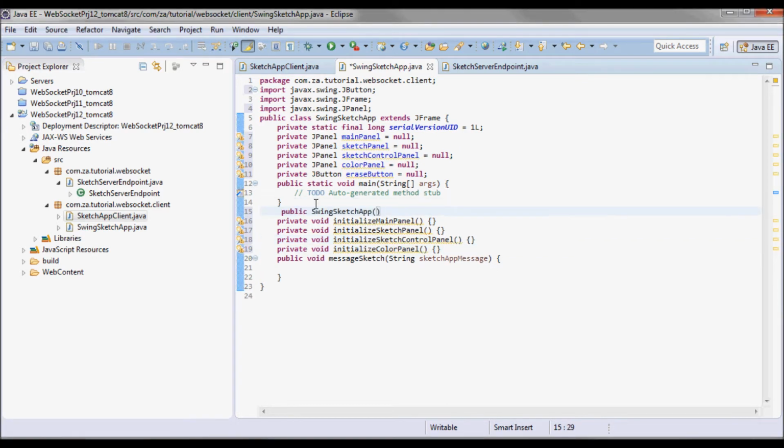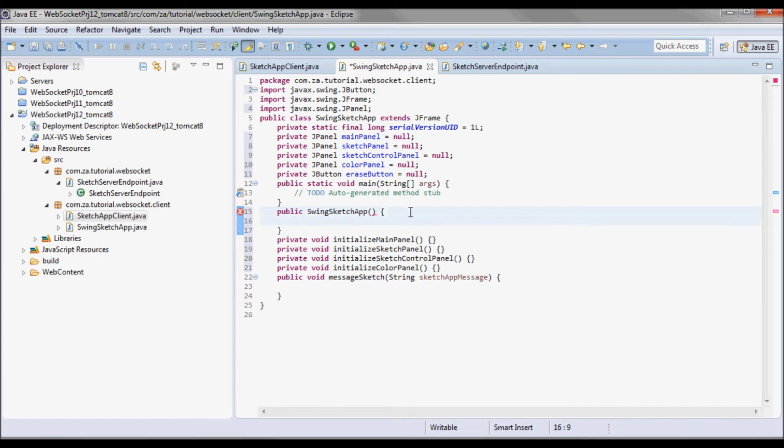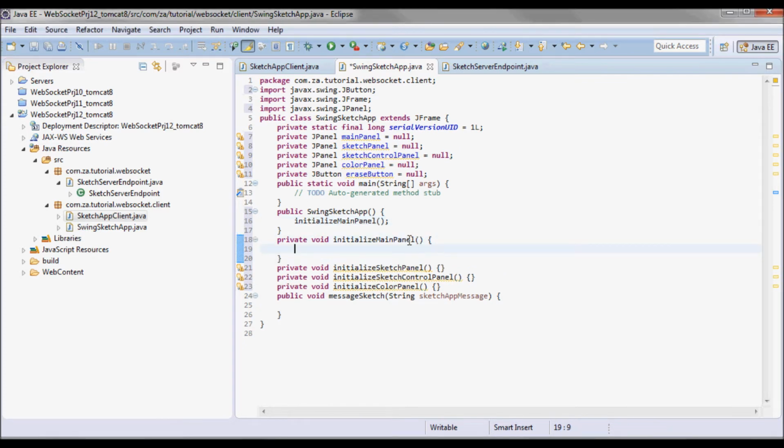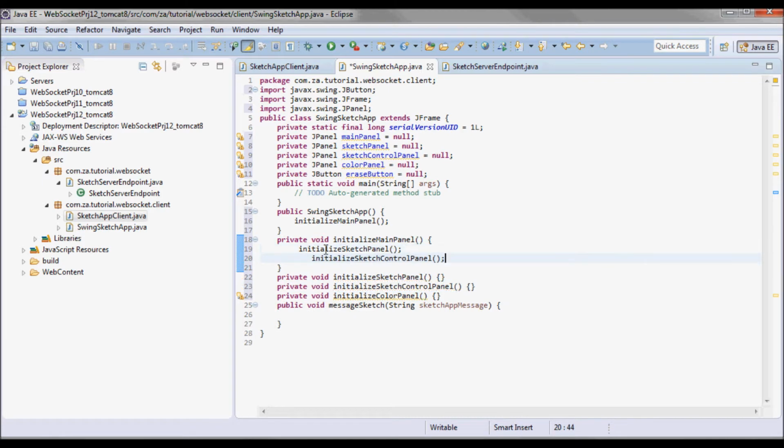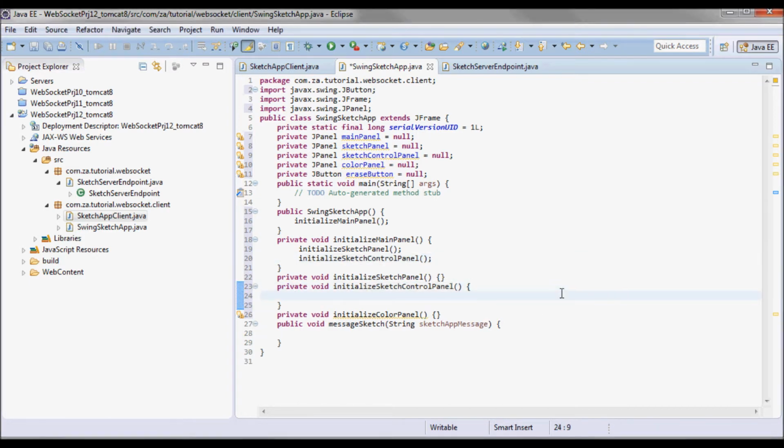And I'll have a Swing Sketch App constructor, where I will call initialize main panel, and from initialize main panel I will initialize the sketch panel and the sketch control panel, and in initialize sketch control panel I will call initialize color panel.